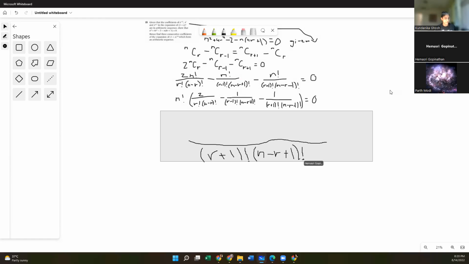Okay. I got until this point, right? Yeah. And then we have to basically multiply this bottom to the top. And we have 2r plus 1, if I'm right. Yes. Now, do you understand why it's r plus 1? Yeah, because we're just multiplying the numerators with the denominator. Yeah. Basically. And then we do the same thing here.